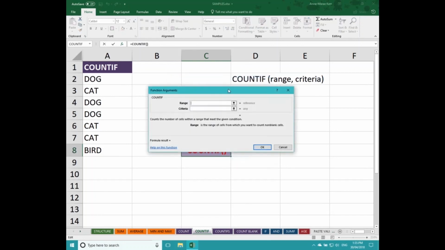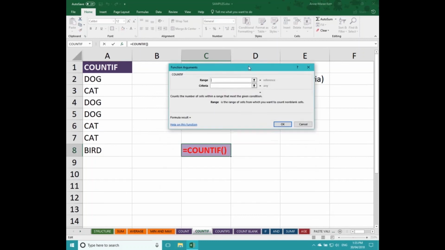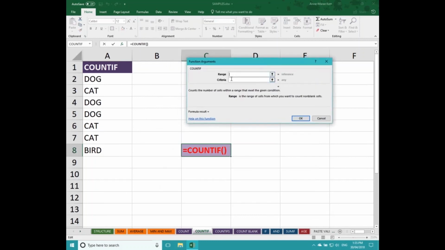The second part of this is it's actually asking for the two arguments that are needed to make this formula do its job. With all the other formulas we've used, there's only been one argument, and that's usually just been what cells do you want me to go and have a look at. Here, we still need the range, but we're also going to give it a criteria as well. So the range